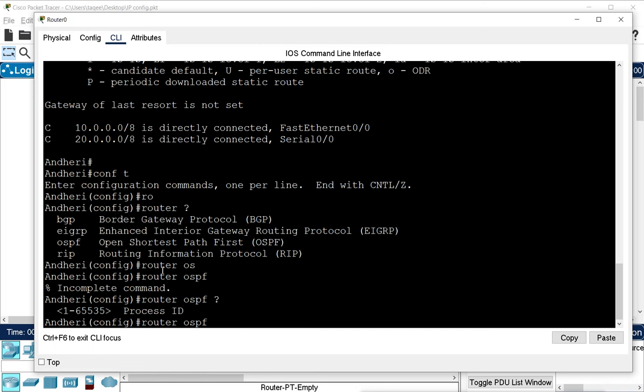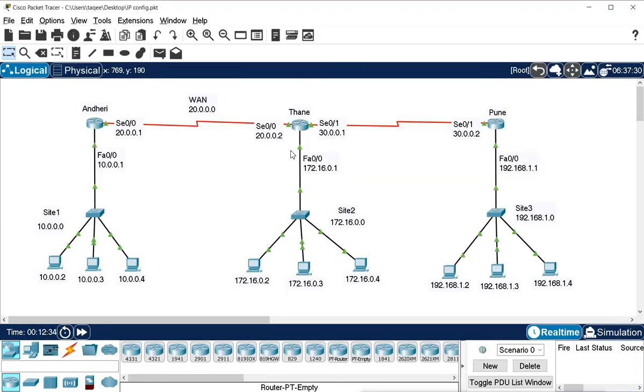So we can give any process ID between 1 and 65,535 for the routing we are doing here for these two networks. And it is not necessary that we use the same process ID on the other routers also. When I configure this router or that router, it is not necessary that I use the same process ID.